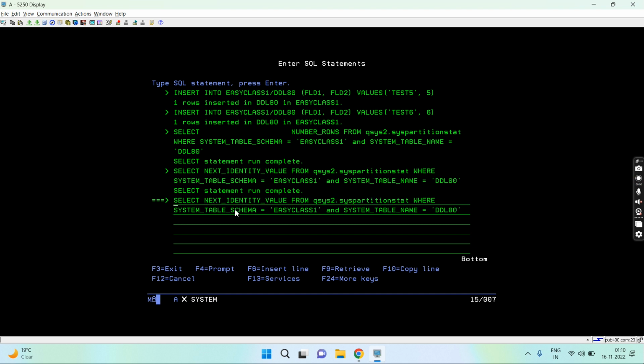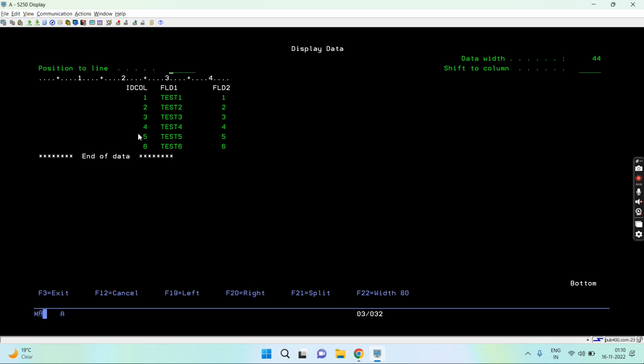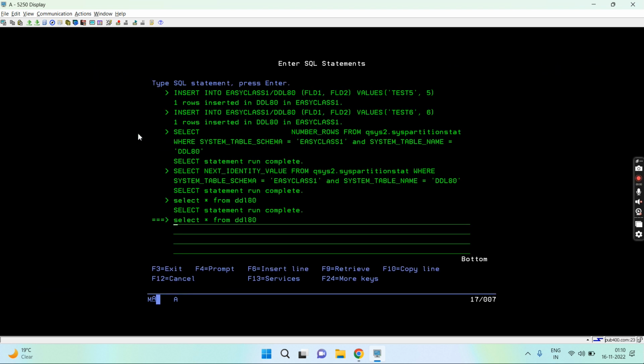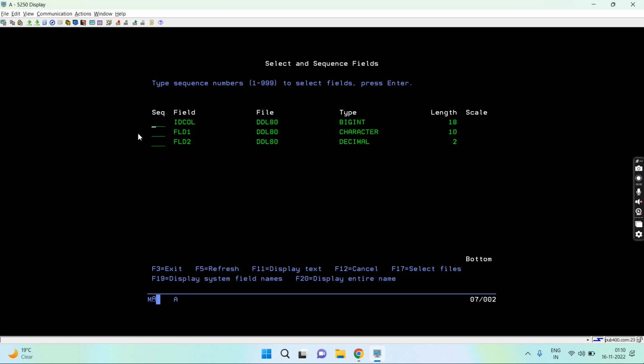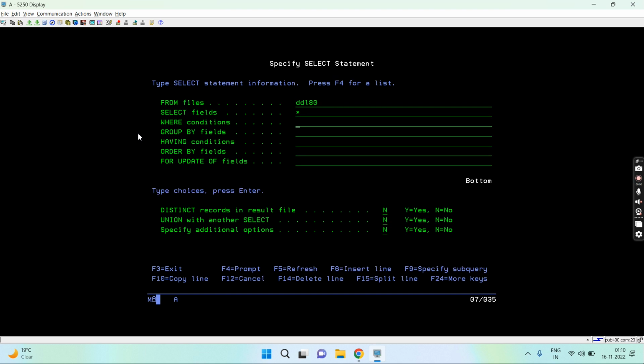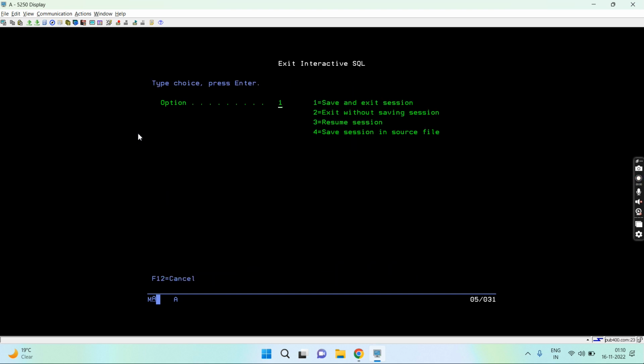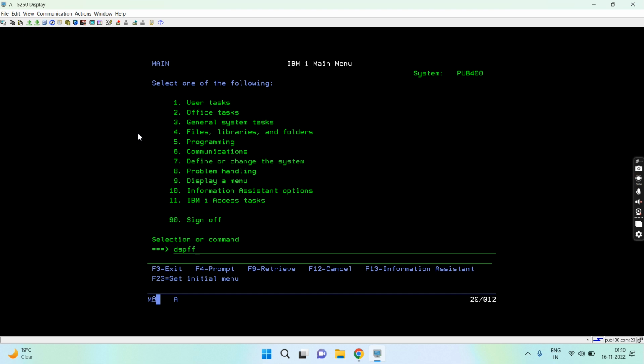So basically, we have ID call. This was a table having three fields, and this one is the identity column field, ID call, and the other two are simply character or decimal fields. So let me show you. Just do DSP